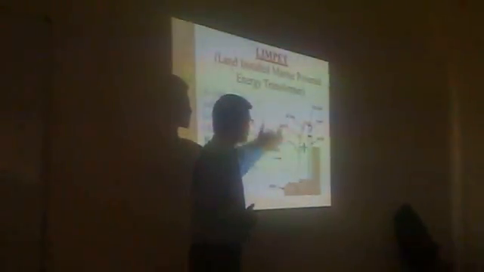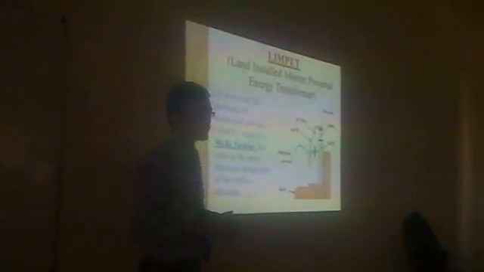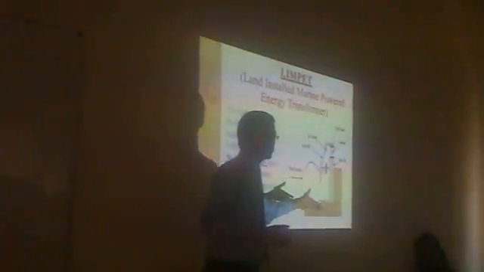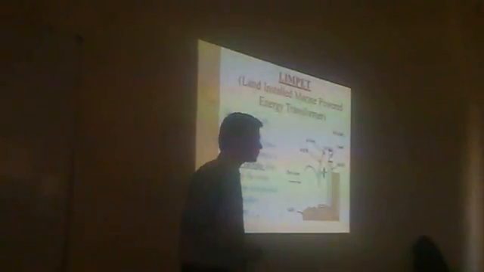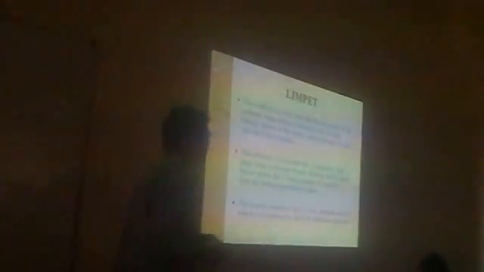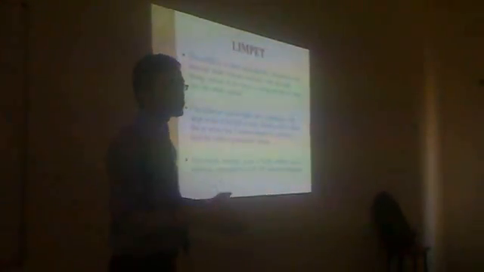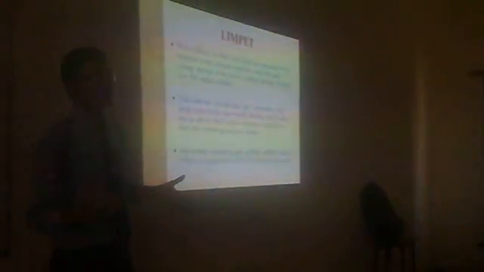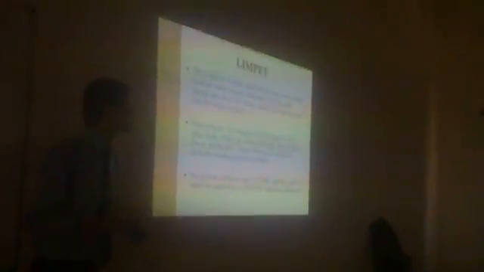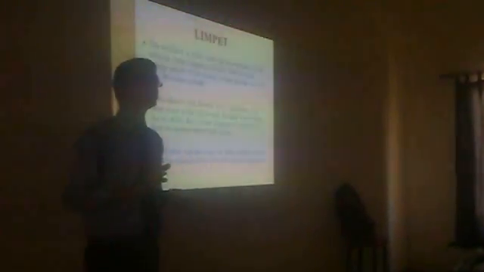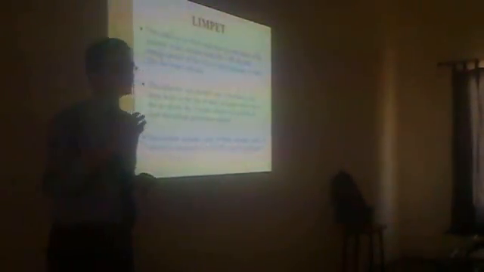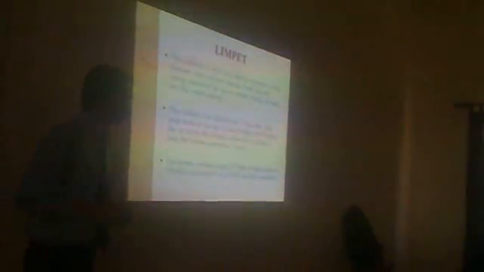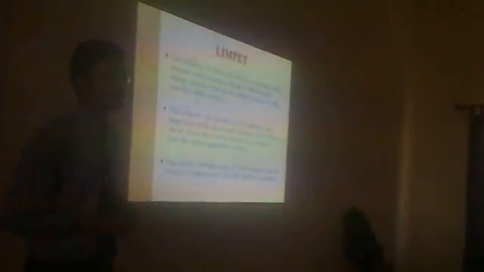Now, this is the structure of LIMPET, Land Installed Marine Powered Energy Transformer. Now, the Wells turbine, which I have told you earlier, rotates in both the directions. Now, in LIMPET, the collector, the overall structure of the oscillating column, is designed in such a way that more and more of the waves can come in the column. The collector is divided into three chambers, each having half of the part which can be filled with air. And these Wells turbines are further connected with a 250 kilowatt induction generator which is used to generate electricity.